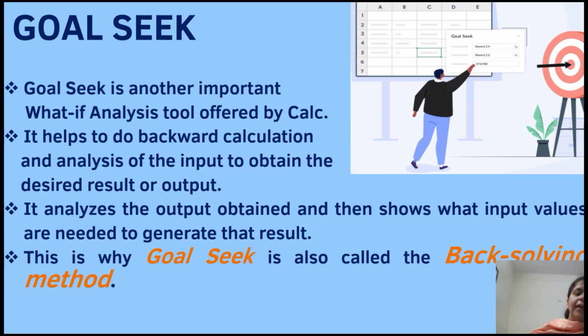Now, while creating scenarios, if you remember, we were calculating simple interest. We were typing out the formula for calculating simple interest on the basis of PRT, principal, rate and time. Now, using GoalSeek, we will be going in the reverse direction.